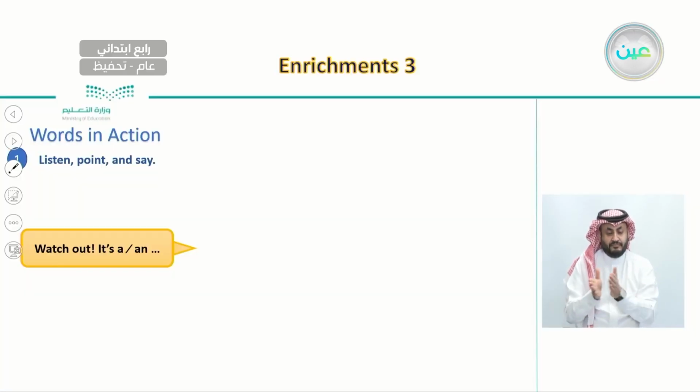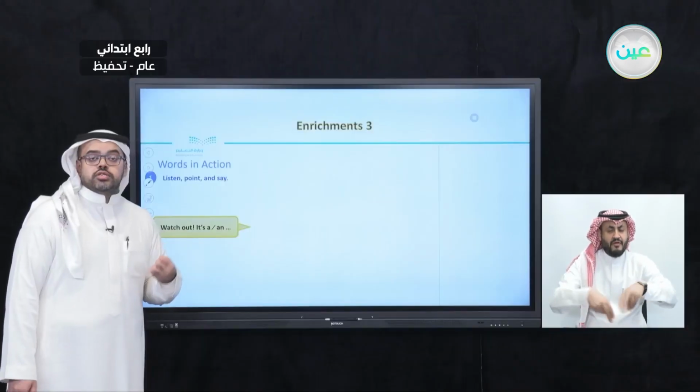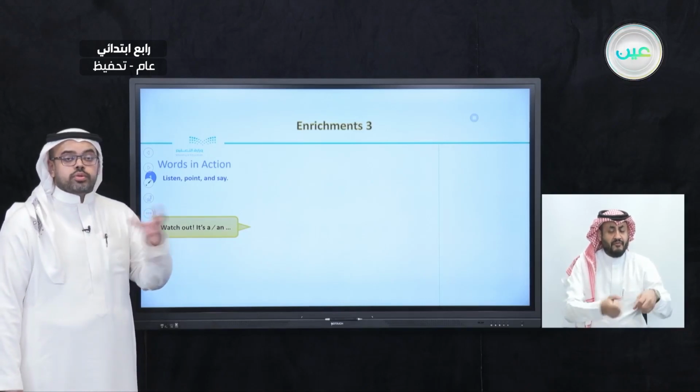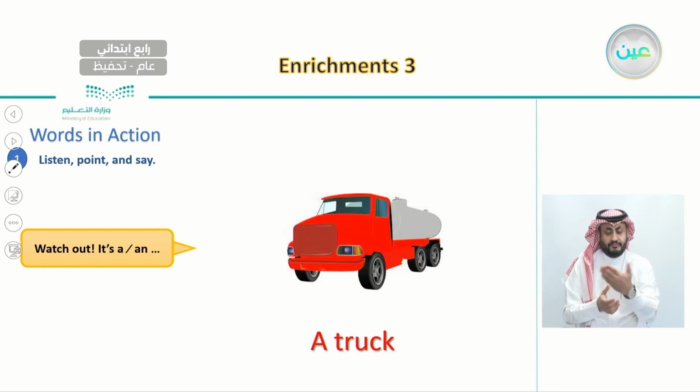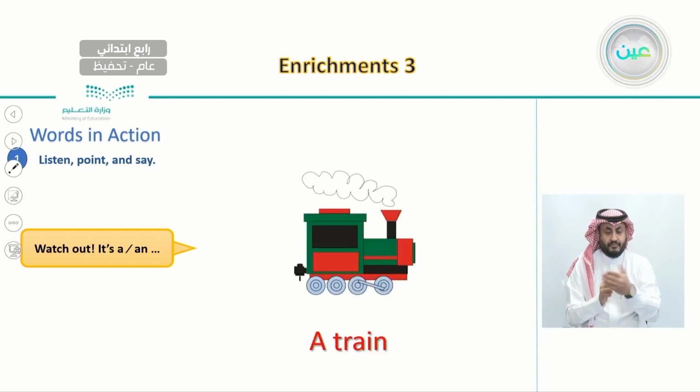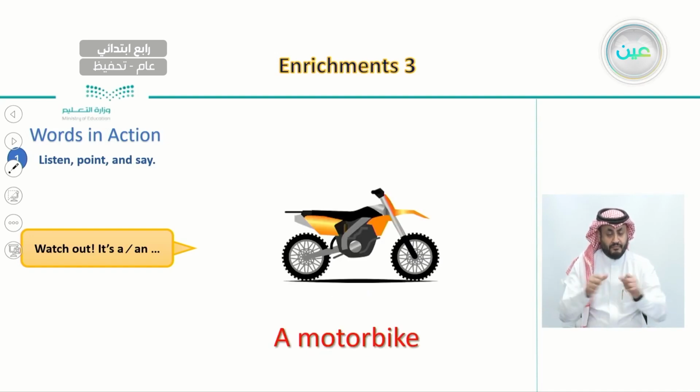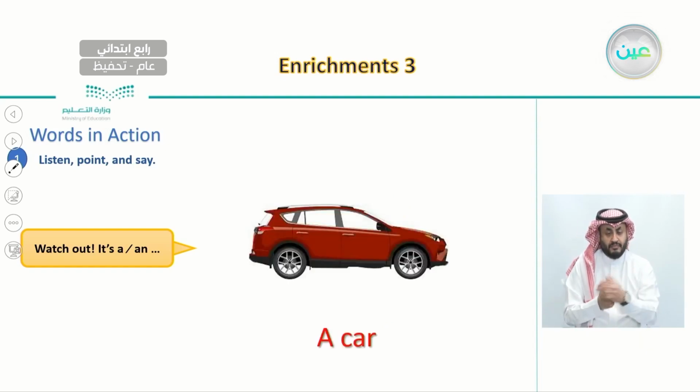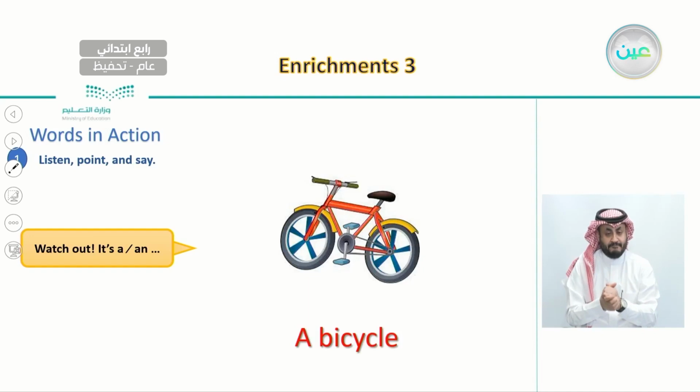And after this, in words in action, we got to know different means of transportation, different vehicles that we use if we want to move from one place to another. So for example, a truck. This is a truck. And a bus, and a train, and a motorbike, and a car, and a bicycle,